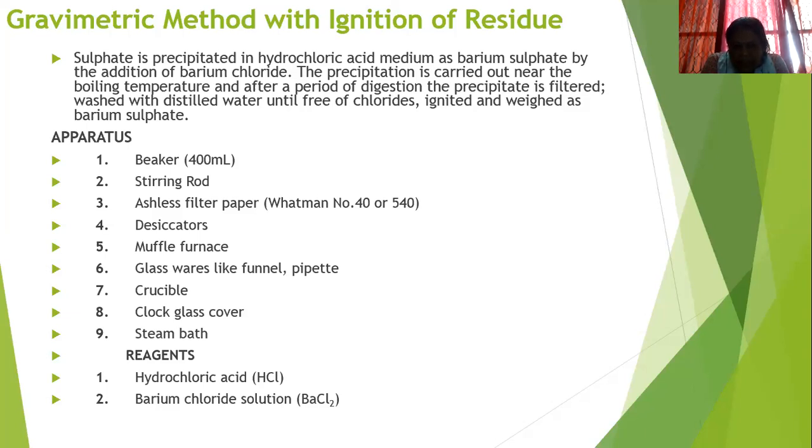Another one is a desiccator. Desiccators contain calcium chloride like substances. It is a kind of closed jar, something like a pickle jar. At the bottom calcium chloride is there, and on the top, on a plate, if you are putting something, all the moisture will be absorbed and it will be completely dried up and cool very soon. So the desiccator is also a very essential part of this experiment.